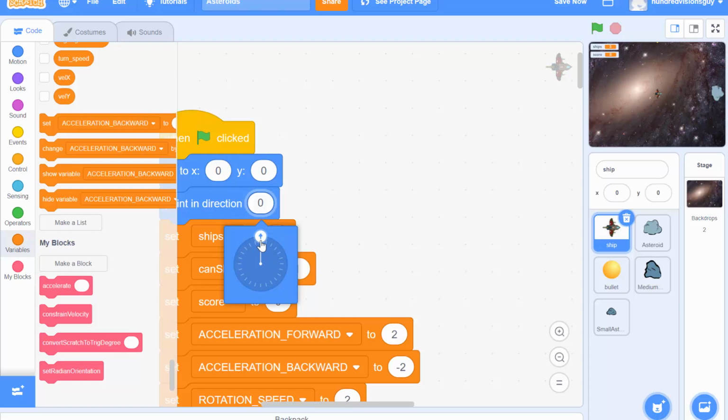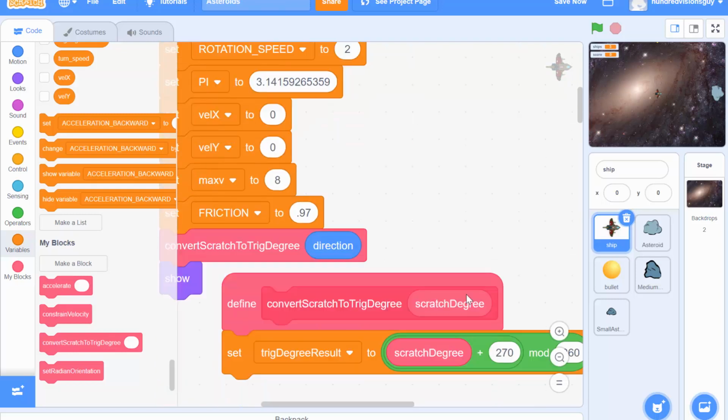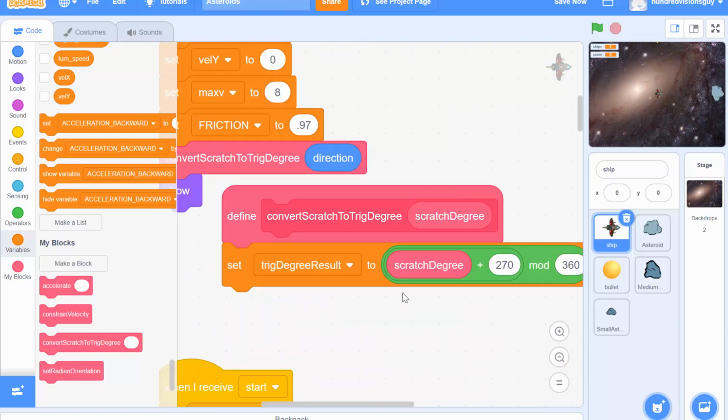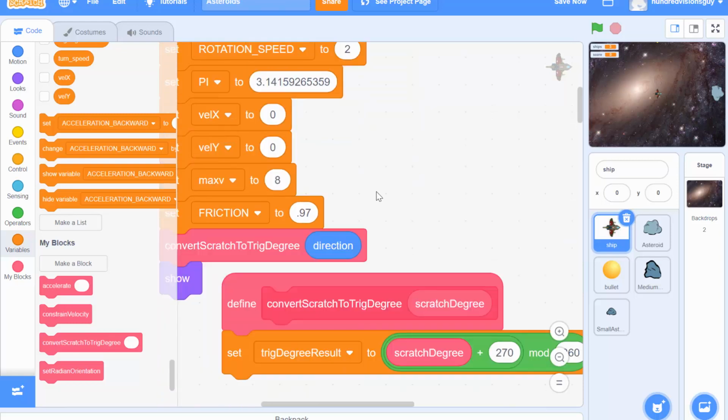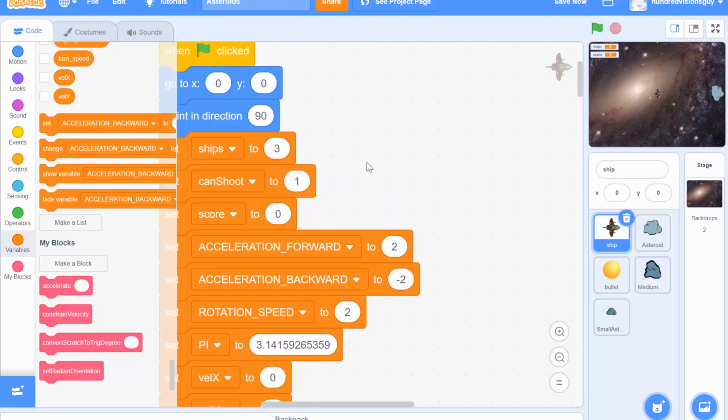Okay, so like I said, we're going to point in the direction of 90, which points us to the right. That has to ultimately become 0, and I want it to be a positive value. So to get it to 0, I'm going to add 270 to the current degree. By adding to the degree, let's take a look at direction one more time, when we set it here,